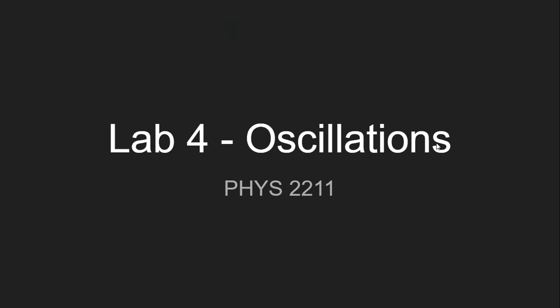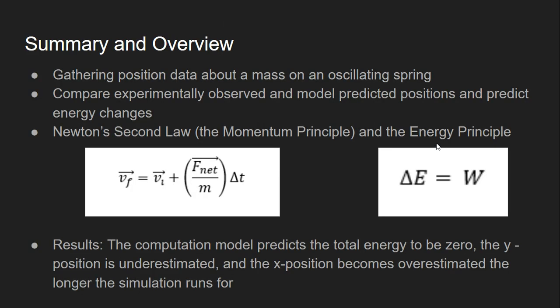This is the fourth physics lab, and it is about an oscillating mass. In it, we'll be gathering position data about a mass on an oscillating spring. We will be comparing experimentally observed and model-predicted positions and predicting energy changes as well. We'll be using Newton's second law and the energy principle, and our results were that the computational model predicts the